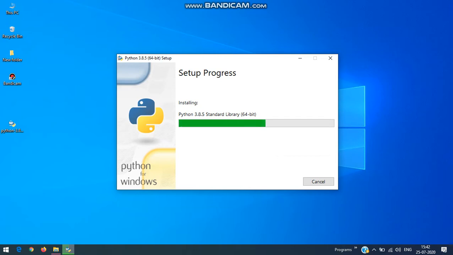The installation progress can be seen and it can be completed within a minute.